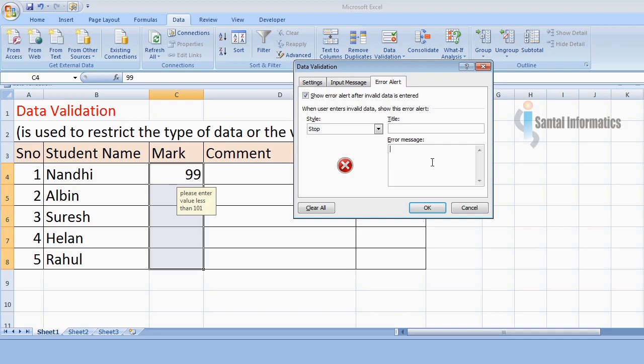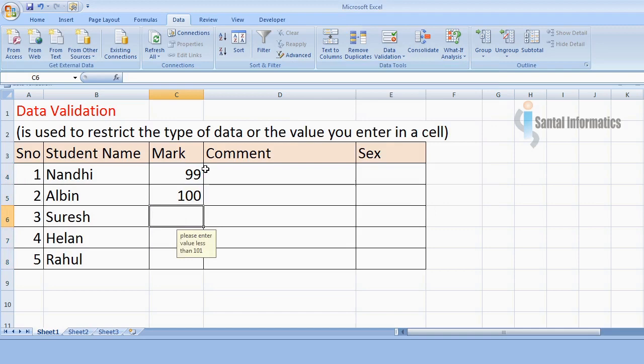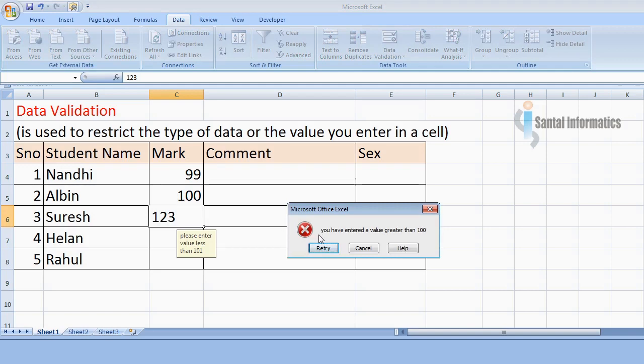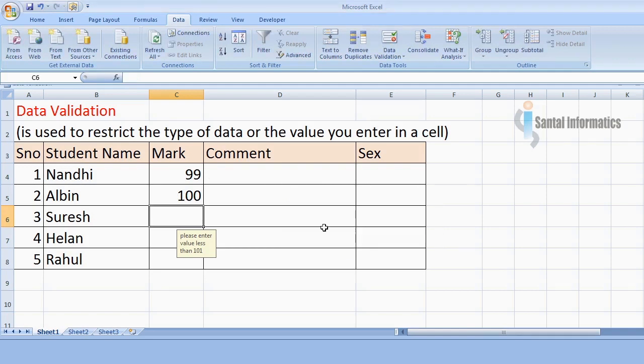Now I am typing an error alert: You have entered a value greater than 100. So this is my error message. Press OK button. Now let us type some value greater than 100 and check. See, you are getting the message, you have entered a value greater than 100. Cancel.